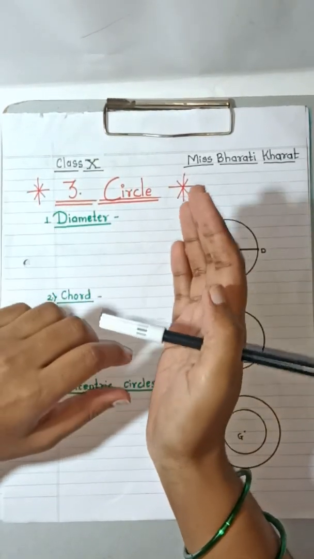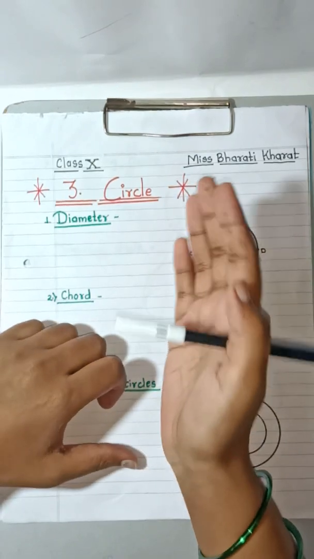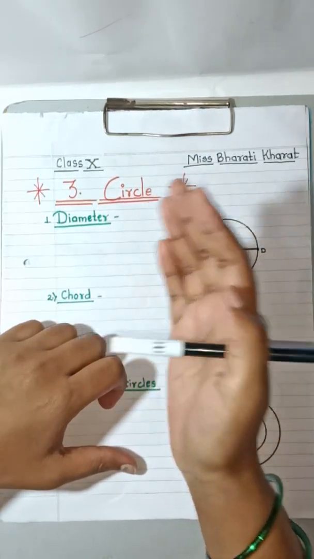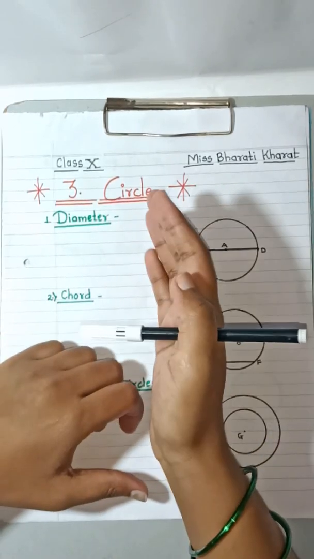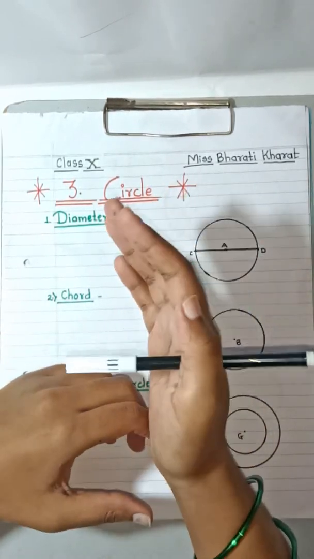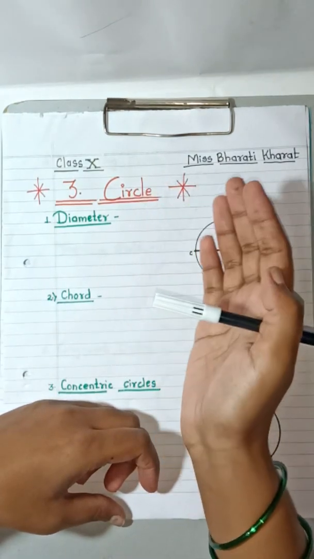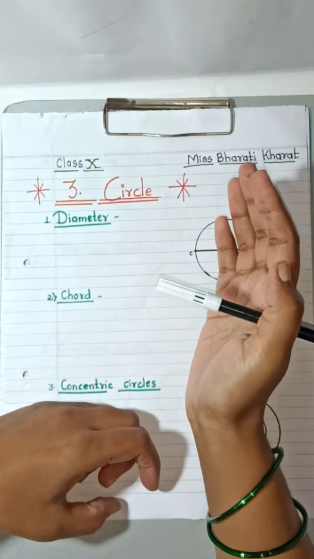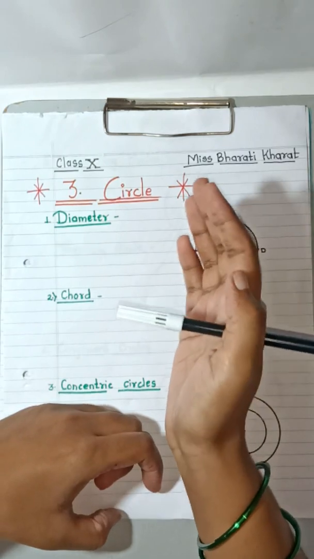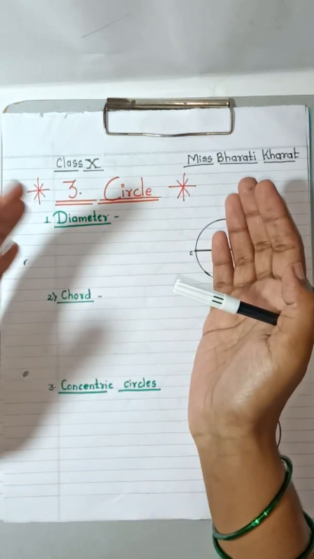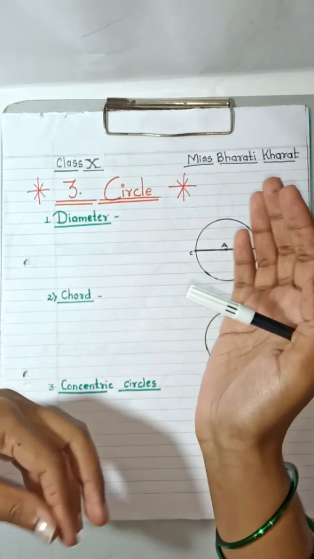You are familiar with the concept regarding circle like center of the circle, radius, diameter, chord, interior and exterior circle. In today's session, we are going to study all the basic information related to the circle as well as all the theorems based on it so that it becomes easy for us to solve practice set 3.1. Okay, before that let us recall all the basic things related with the circle.